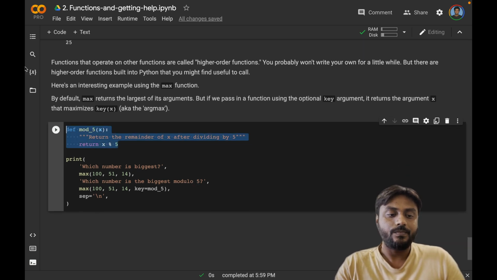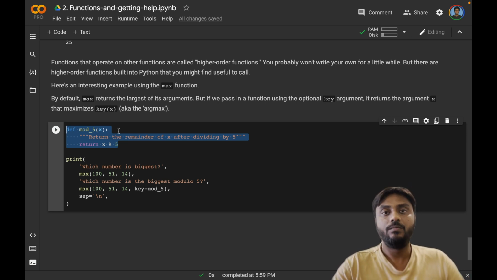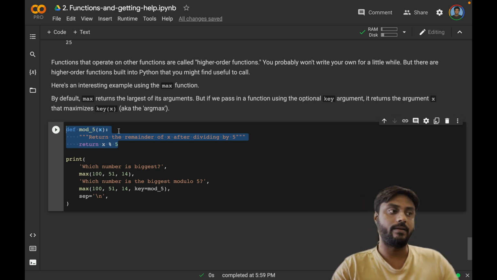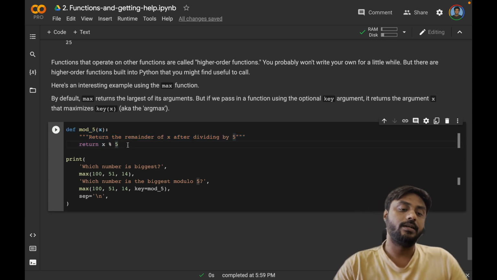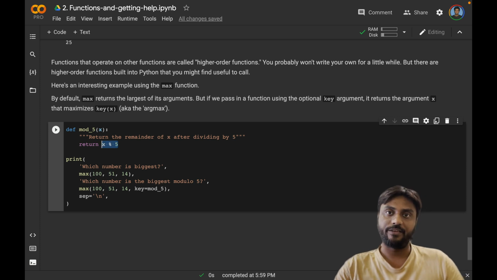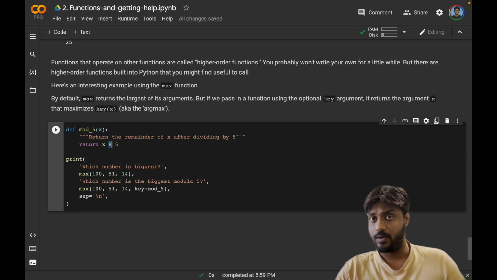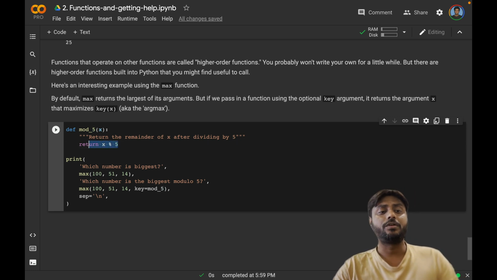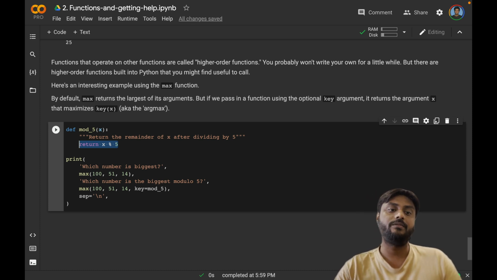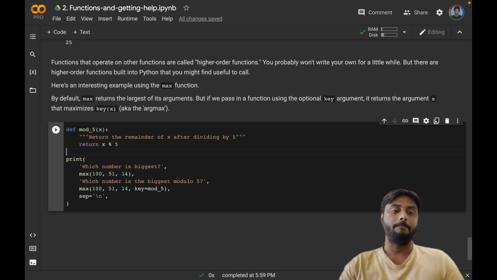So again, there's a function called mod_5. What is it doing? Not important, but it's taking x as an input and returning the remainder of the division by 5. So go back to the first video. This is the modulus operator. Okay. So it returns x % 5. That basically means if I feed 23 as an input, it will just return 3 because that's the remainder when you divide that by 5. Okay. Now,